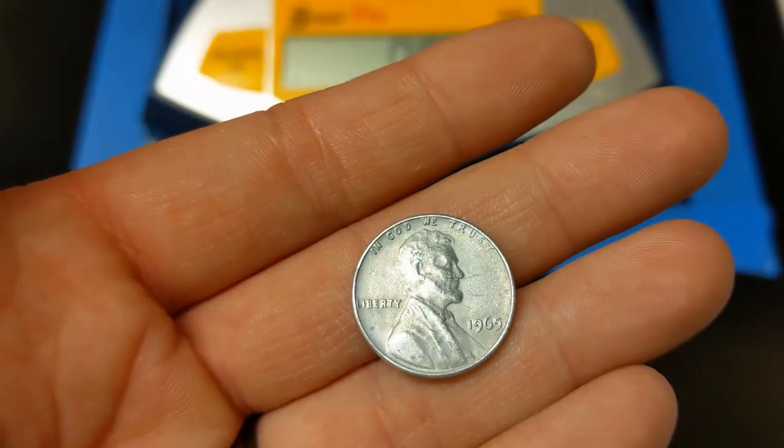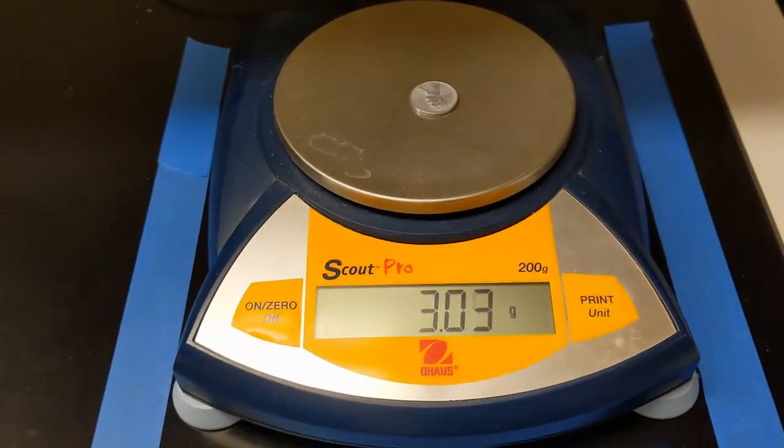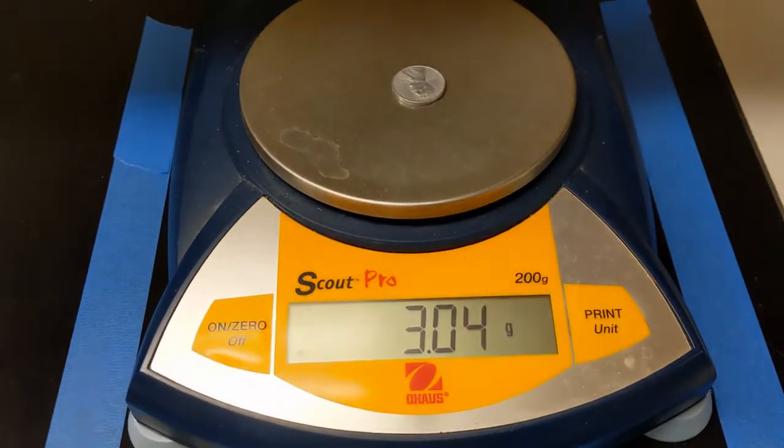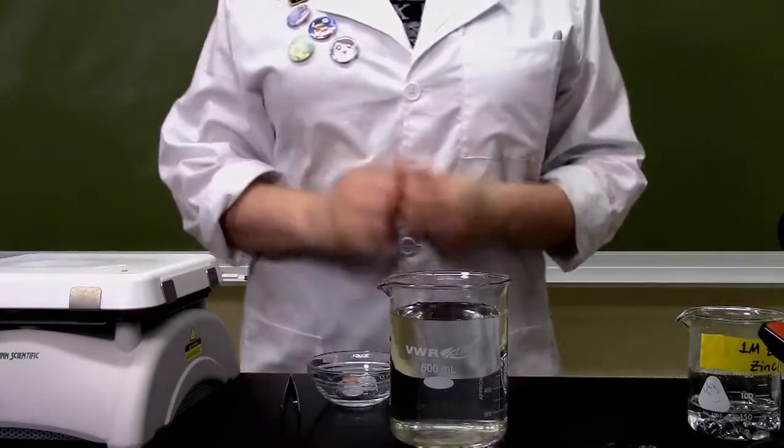Okay, we're still zeroed. This is our 1965 penny. 1965. All right, so we're at 3.04 grams. At this point, I'm going to clean up my workstation because I'm next going to work with the